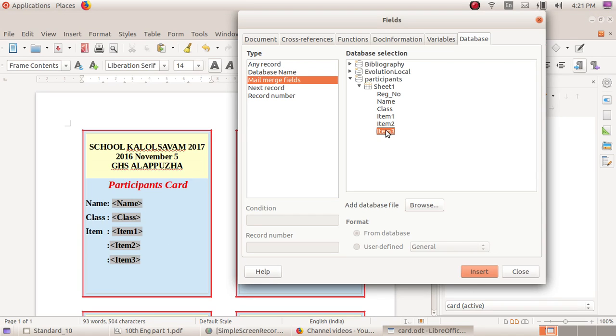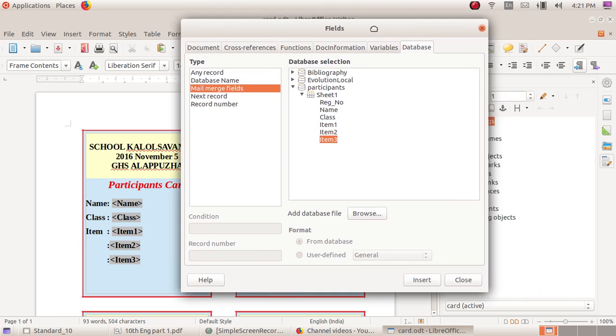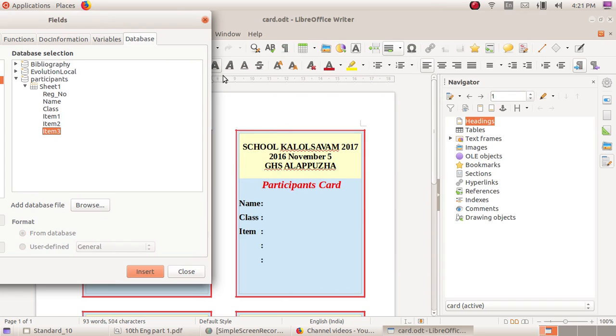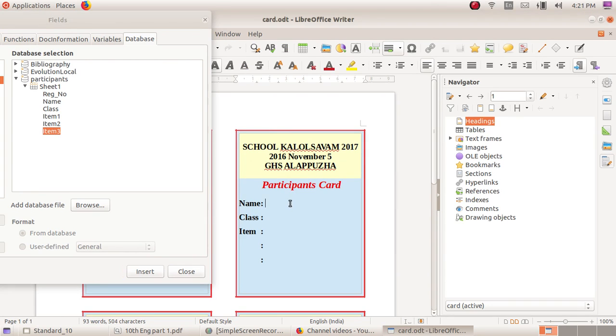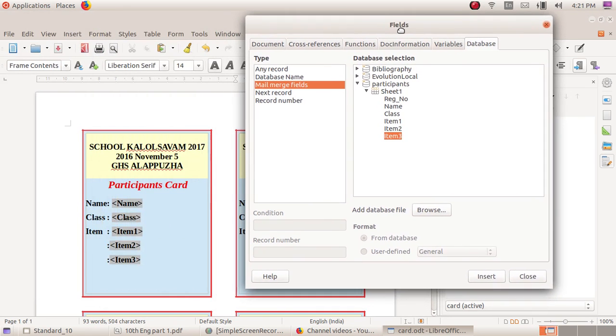The next step is very important. Listen carefully. After adding these fields, go to the next participant card. Place the cursor here and go to the field window.